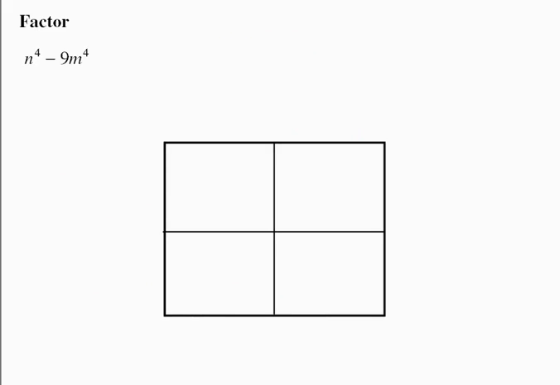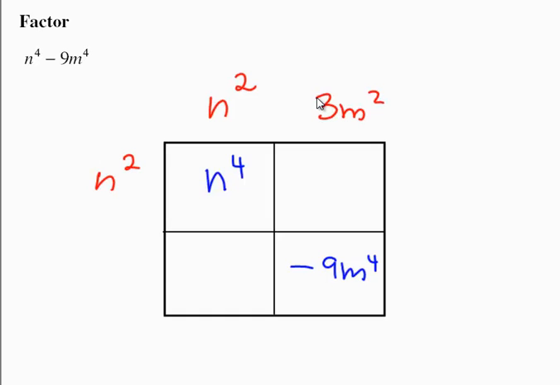Okay, so this is another difference of two perfect squares. We have n to the 4th and negative 9m to the 4th. They're both perfect squares. So this is a square with a side of n squared, and this is a square with a side of 3m squared. We need one of them to be negative,